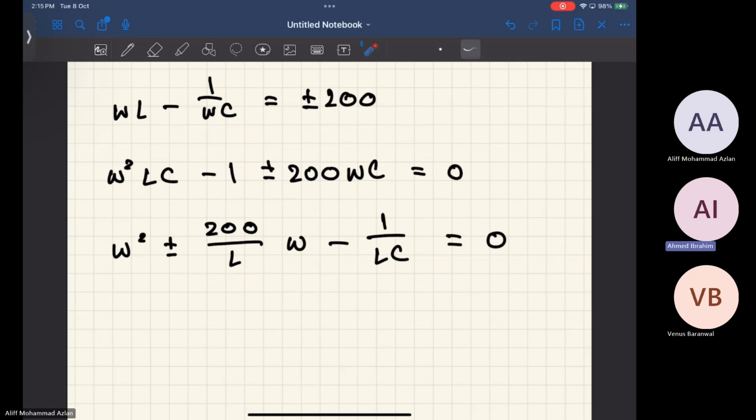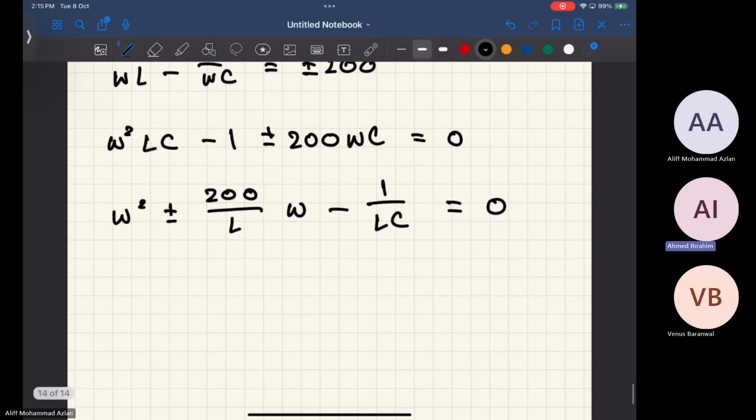If you don't know that, you could solve both quadratics and just discard all the negative values. So in this case, I'm just going to ignore this and solve the quadratic with two negative signs. And we do that. It's going to give us,